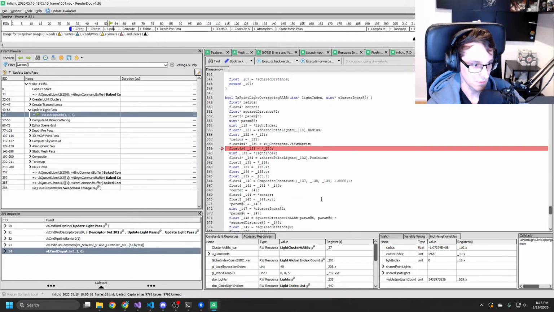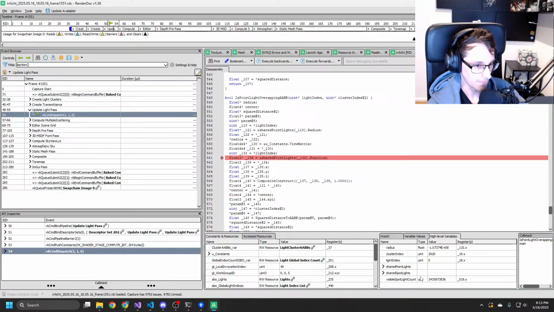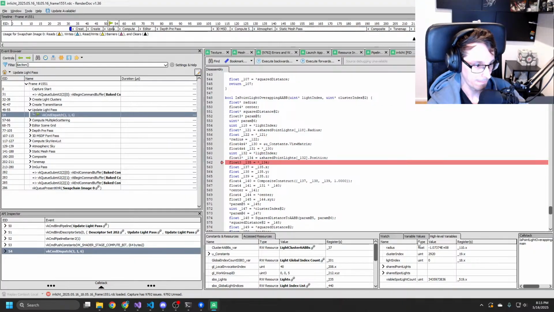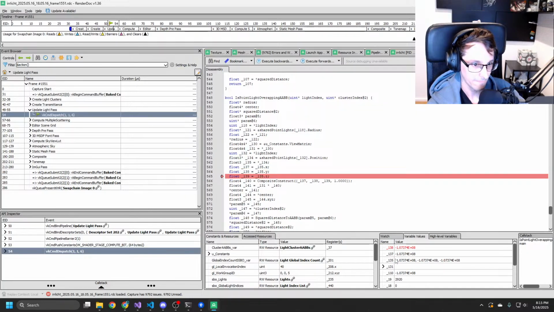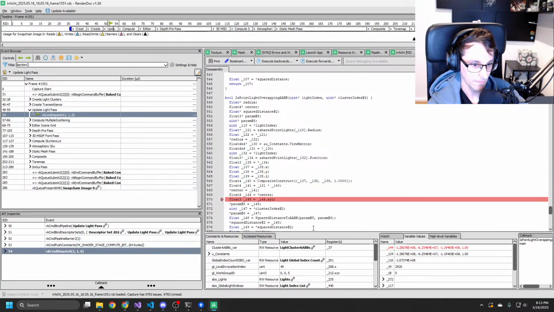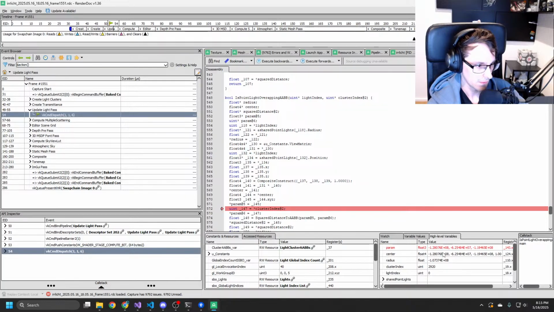Go here, go here, go here. Here we have a center which is basically 0, which makes sense because we moved it.